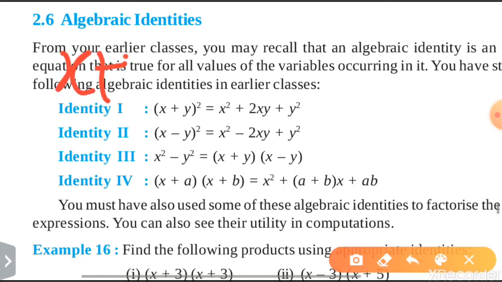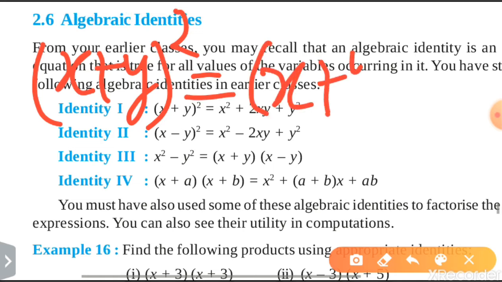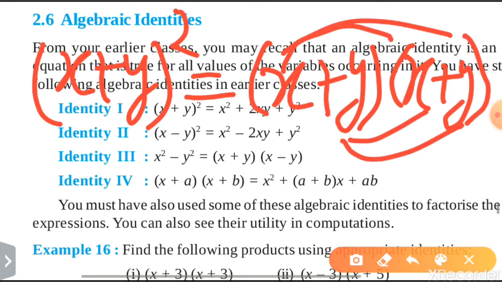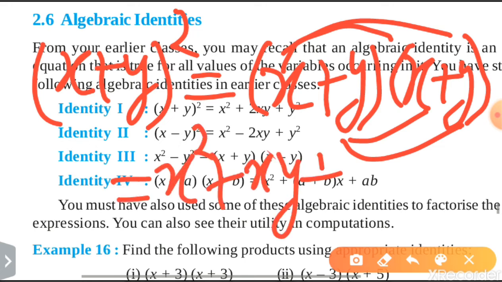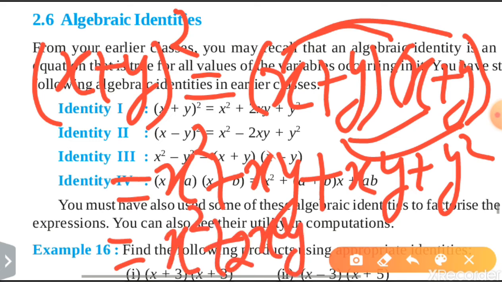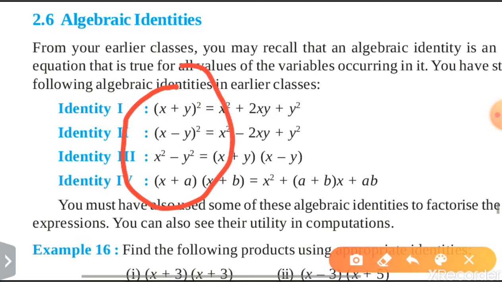First I am proving for you (x plus y) square. You can write it like x plus y and x plus y in another bracket. Now you will multiply x by both of the terms, then y by both of the terms. So you will find x square plus xy, then you multiply by y: xy plus y square. So the final answer is x square plus 2xy plus y square. Why am I explaining this? Because you should understand how you can prove all these identities.